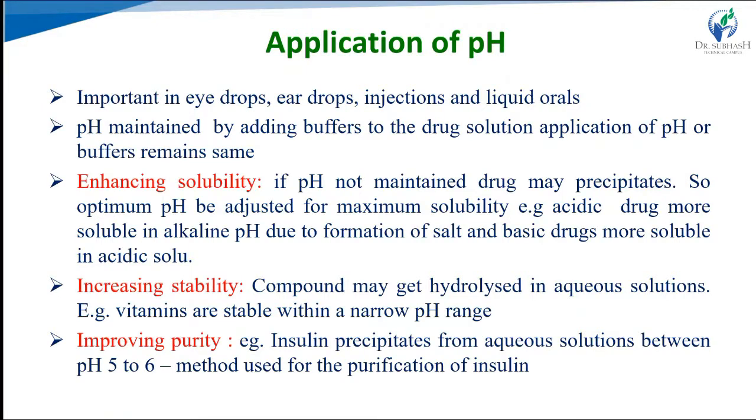Next, the application of pH in the pharma field. The solubility of an ionized therapeutic agent is a function of both the pKa of the compound or drug and the pH of the formulation. Importantly, the acceptable pH range of solutions for oral administration is from 5 to 8. So the selection of the pH value is very important because the ionization of the therapeutic agent or drug directly depends on the pH.